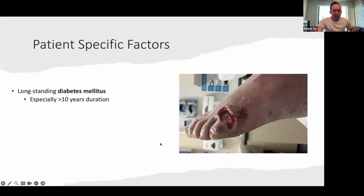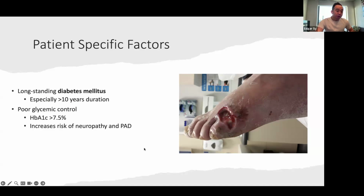So typically, high-risk patients, anybody diabetic for over 10 years, can be controlled with an A1C of about 6.2, but as the duration continues to go on, even though they're controlled, they can have an increased risk just secondary to the duration of having the diabetes, right? And if you combine that with poor glycemic control, I know I put 7.5. I'm a little bit more loose. I understand that 6.4